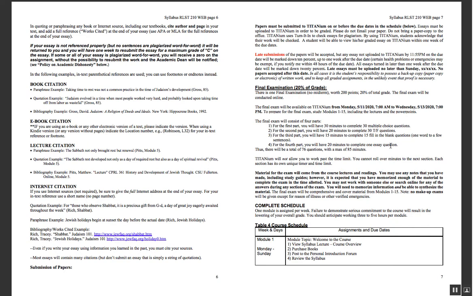Several weeks before the final, I will also give a study guide, which will basically be a term sheet, nothing more, just certain terms that we've focused on throughout the semester. Those terms will be the terms that I use to build the test. So as long as you study those and you know a few sentences about each term, then you should do great on the test. I try not to make the final exam too hard because I know you've got a lot of other things to deal with and I don't want you to stress out too much. All right? So that's pretty much it.